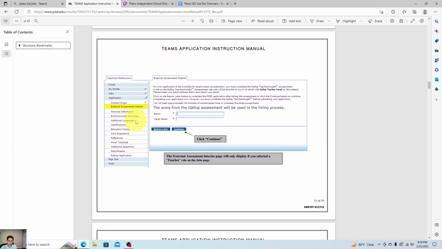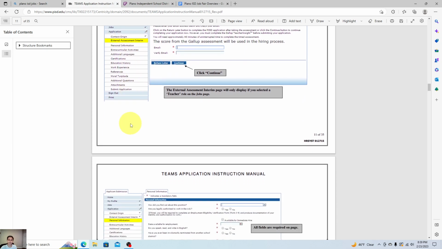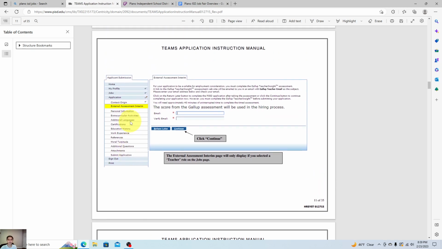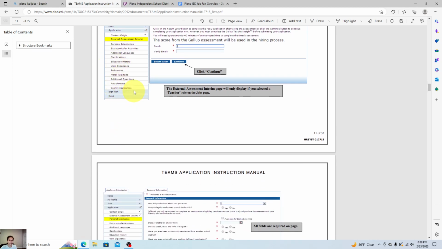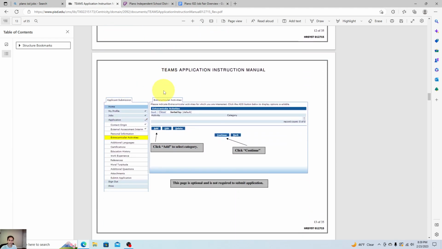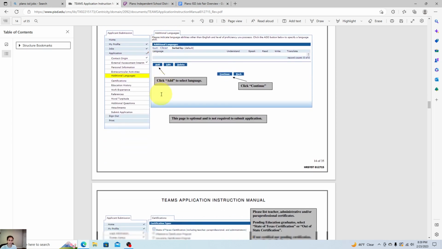And then you can keep on for experiences also. You can say that you have volunteered in school, or you have volunteered in library. If you have volunteered in your Boy Scouts or Cub Scouts, you can enter all those things. Any non-profit organization you have volunteered for, you can enter that also as your experience. And then the references, all these are extra questions, criminal history, all those things you need to fill all